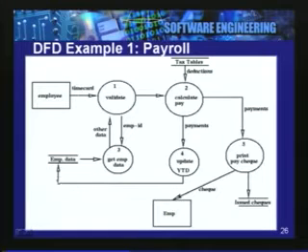The arrow is going towards the data store. It means that new data is being added to the employee data. Now, the validate process, if you look at it, after getting the time data, in the process of